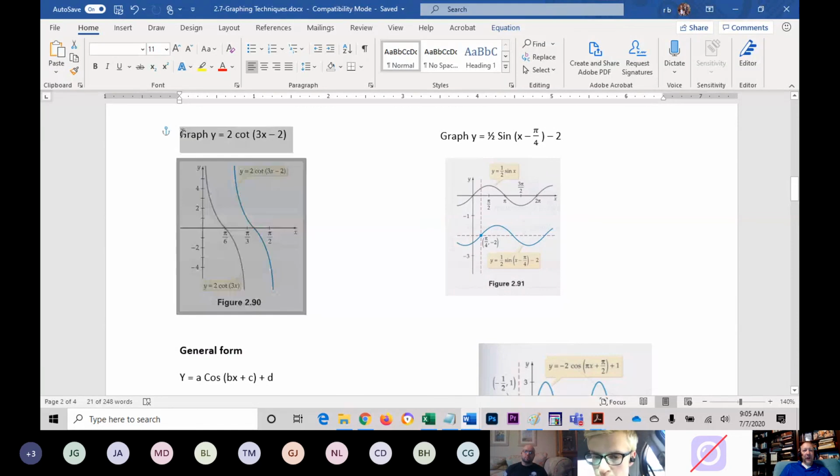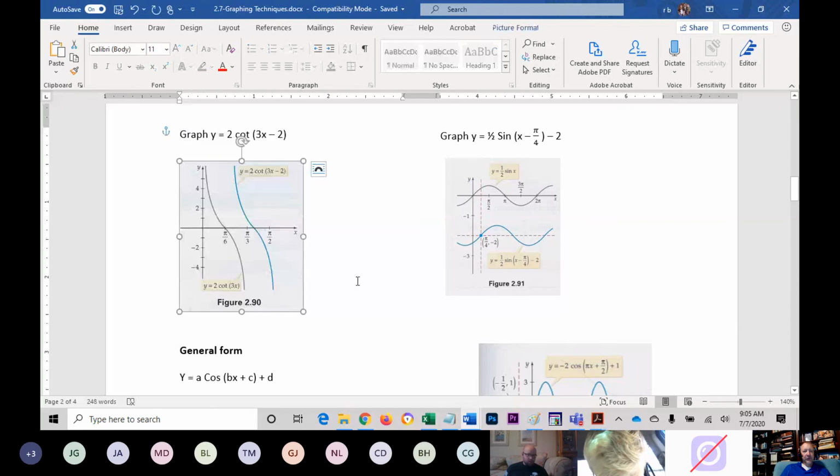The graph of y equals 2 cotangent of 3x minus 2. So once again, they didn't draw in the asymptotes, which I think is terrible. I do want to see your asymptotes on here. So if we shift it 2 units,